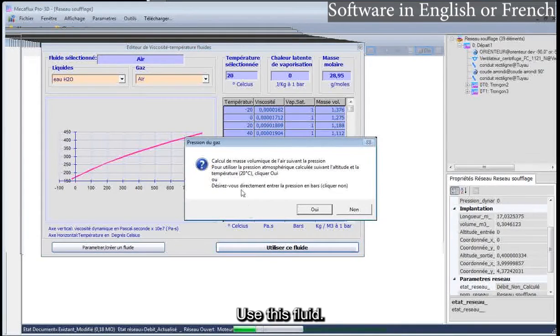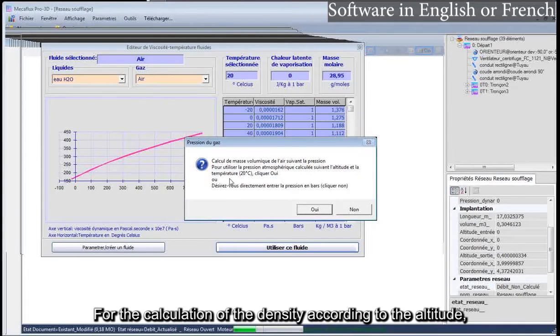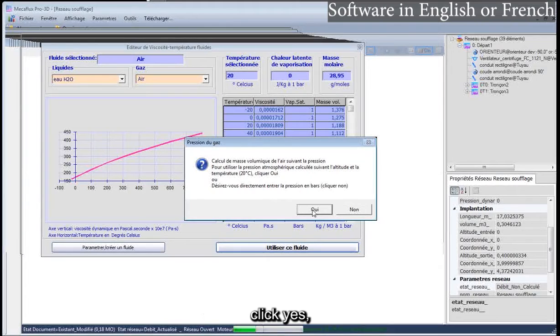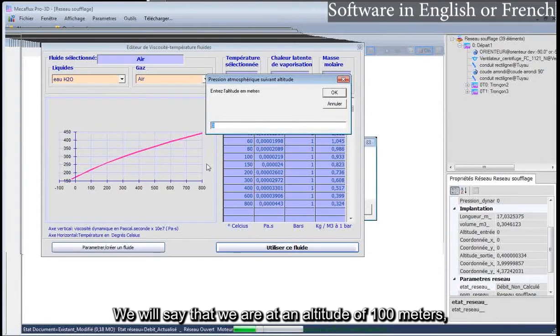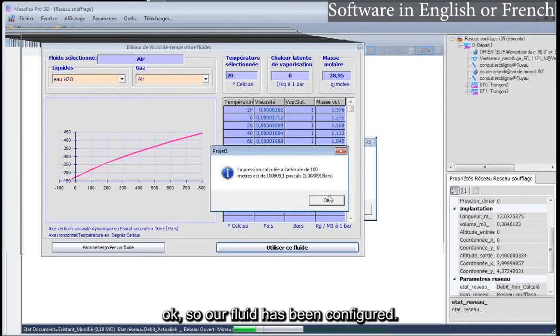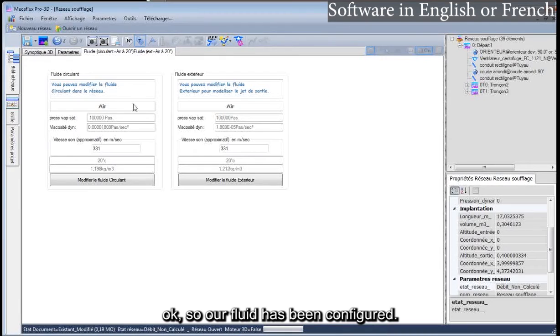Use this fluid for the calculation of the density according to the altitude. Click yes, we will give the altitude. We will say that we are at an altitude of 100 meters. Okay, so our fluid has been configured.